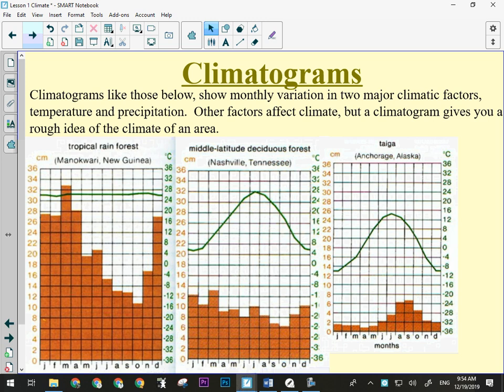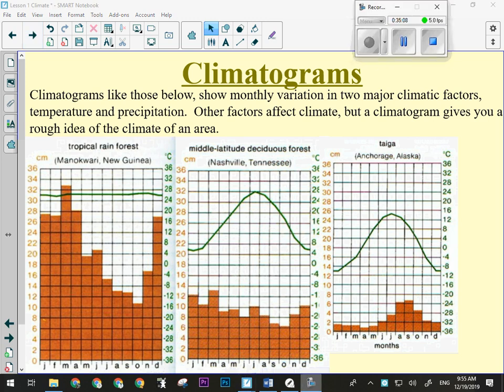So tomorrow, we're going to start an activity where you're going to be given the climatograms for various Canadian cities. You're going to group them based on their similarities. Then you're going to be looking at their locations, determining what factors affect the climate, and then coming up with some climate groups from there. That's generally what we'll be looking at over the next 2 class days. If you're not going to be here, it's going to be posted with the instructions and all the data. You'll be expected to do it on your own.